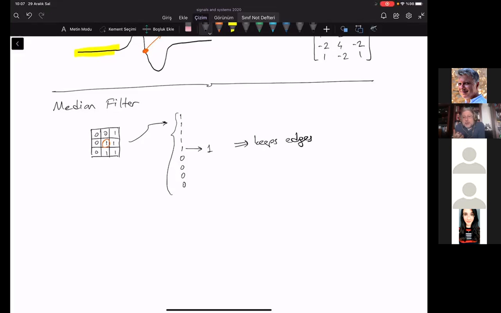Or it keeps the sharpness of the edges. And that's a nice property. That's one nice property. However, it also has further nice properties, as we have previously indicated in other lectures. Like if the